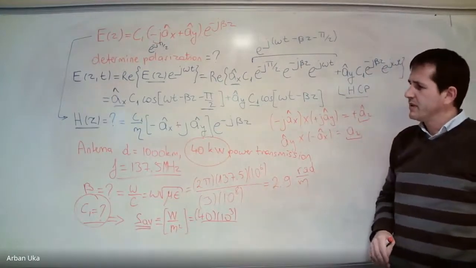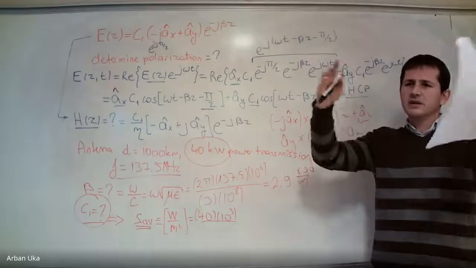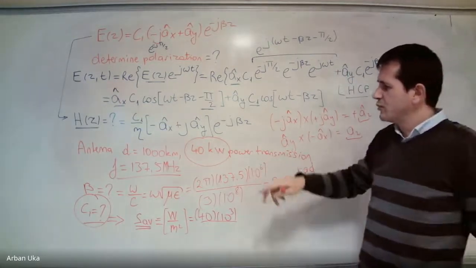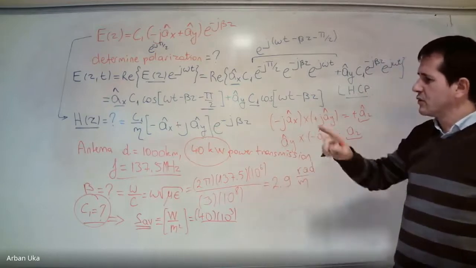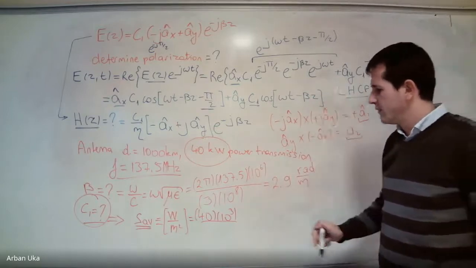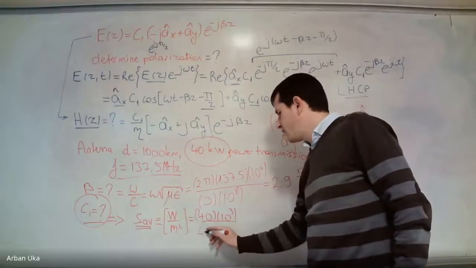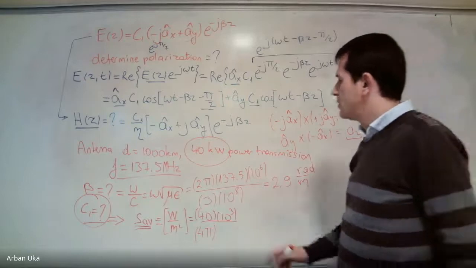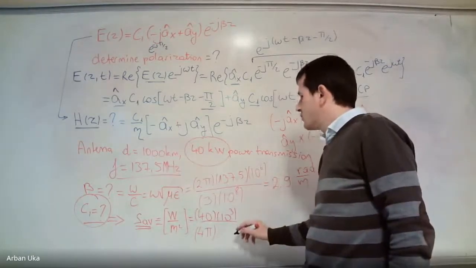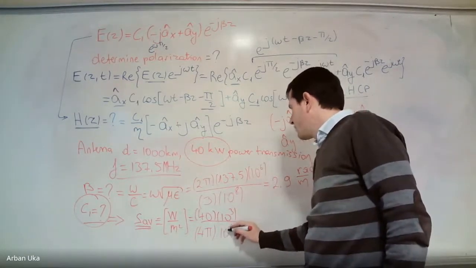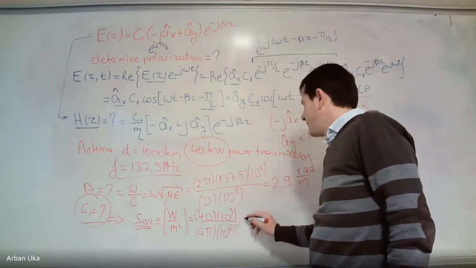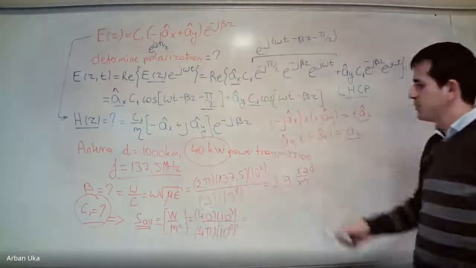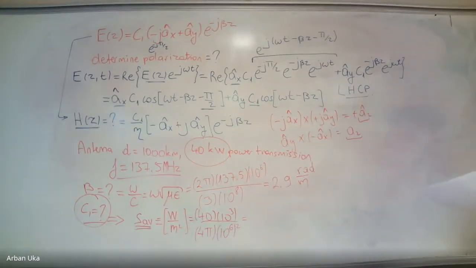Now, antenna, let's assume that it has an equally spaced power distribution as a function of the angle, so all the angles are equivalent. Then we would have to divide this by 4 pi r squared. The radius is 1,000 kilometers. 1,000 kilometers makes it 10 to the power 6 squared. And this would be equal to, so we did not know this before, but based on this total power transmission, we get a number of approximately,